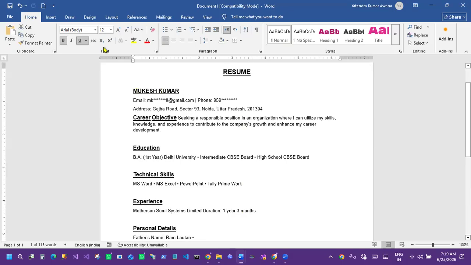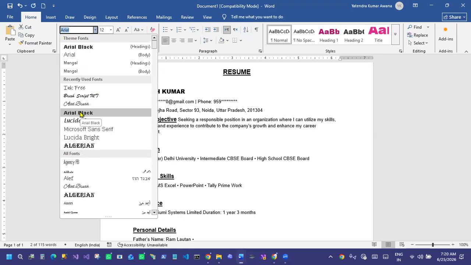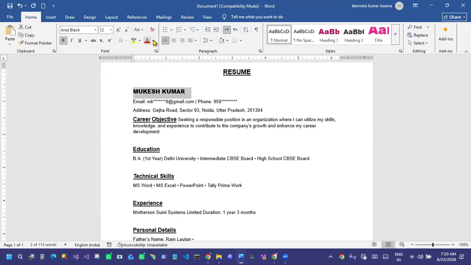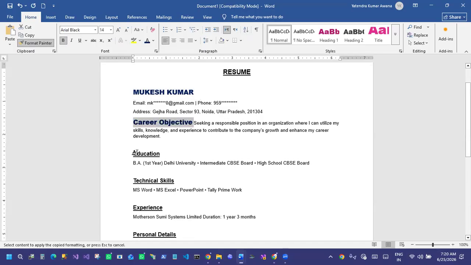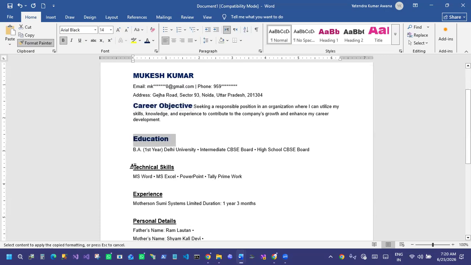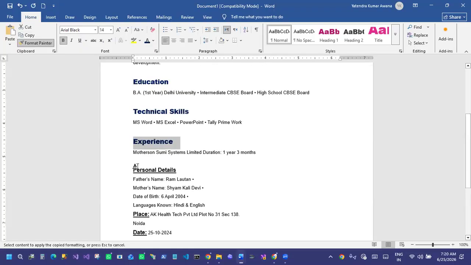Like if I make this something different, something like that, this one, right? And I take the color of this one like this. Okay, I want to give this style, and now I want to apply that style everywhere. Then what will I do? I will select this one. Then I will click twice on Format Painter. Then slowly and carefully I will paste this format painter on that particular content where I want to apply the same style.